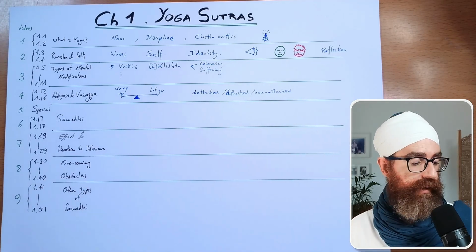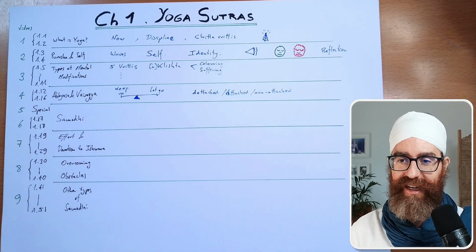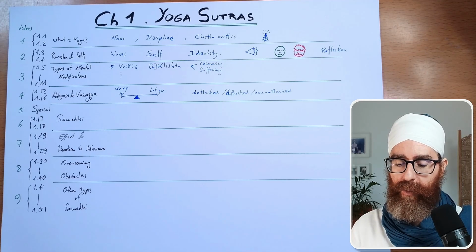We had a conversation on this with my sister Seva Kaur on the channel last week. We had a conversation about the difference between the classical ascetic path of yoga, the renunciate, and the more modern and practical, because most of us live with families, we have a job, we have to earn some money, we have to pay our bills.